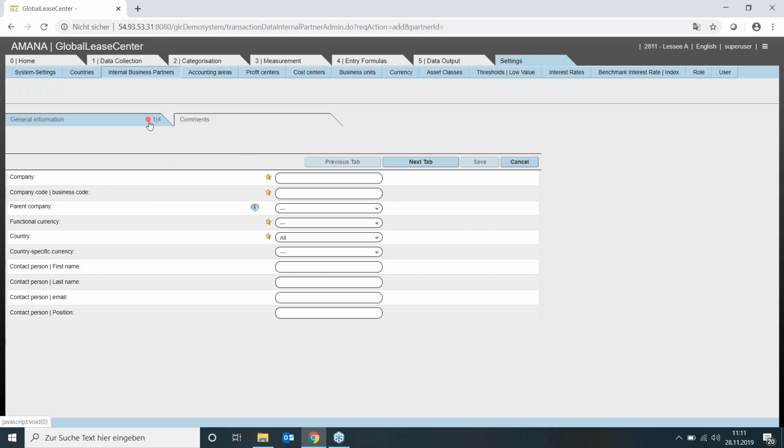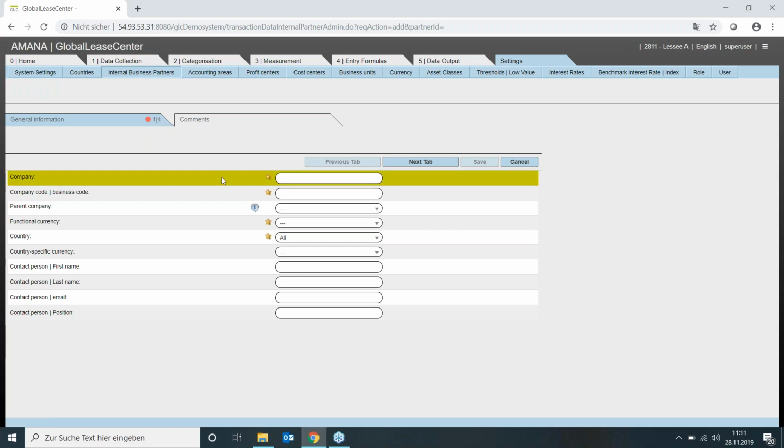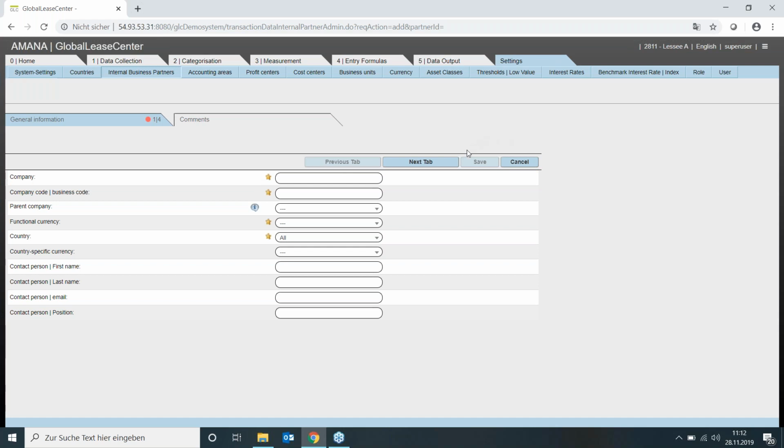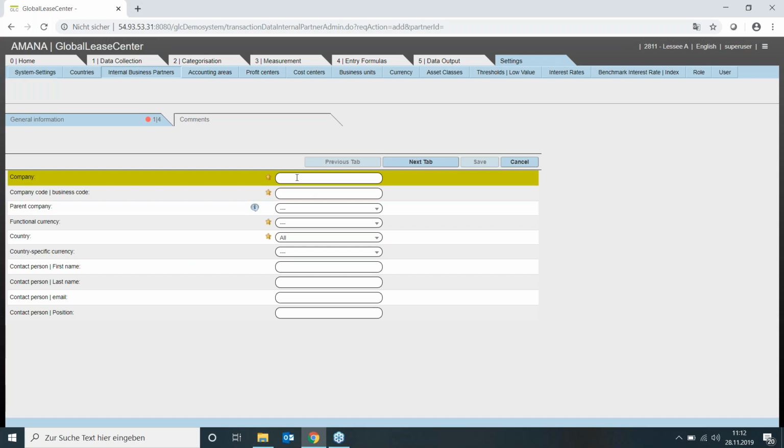Yes, you see the red thing here and the one of four fields. Here you see the star. These are the mandatory fields in the GLC. That means you have to do the entry here, otherwise you have no possibility to save your entry here. We can do it here